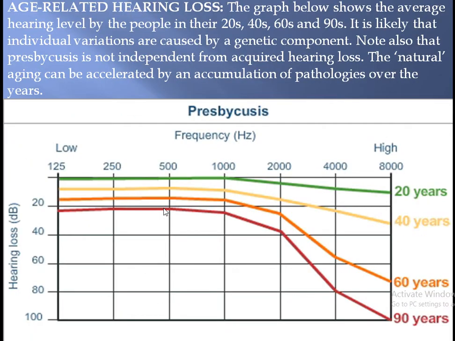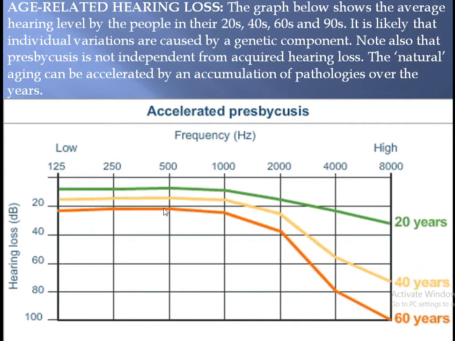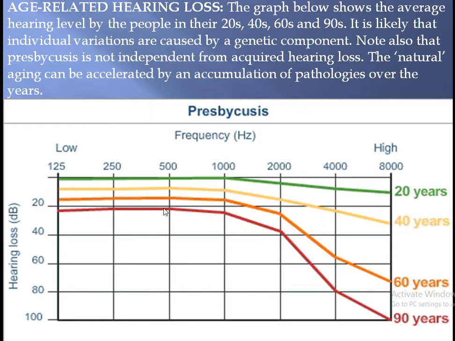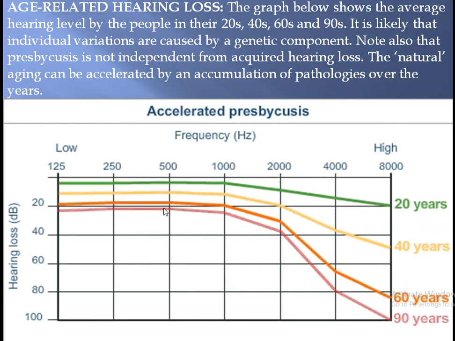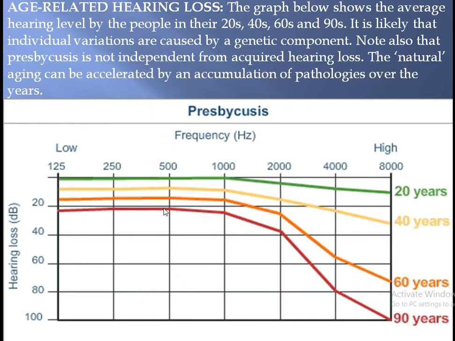This is a picture showing how presbycusis takes place. You can see this one. This is just similar to presbyopia, which is the abnormality related to the eye, the loss of vision due to the age factor. So, due to the age factor, the loss of hearing is called presbycusis, and in this one you can see what change occurs due to the hearing loss.